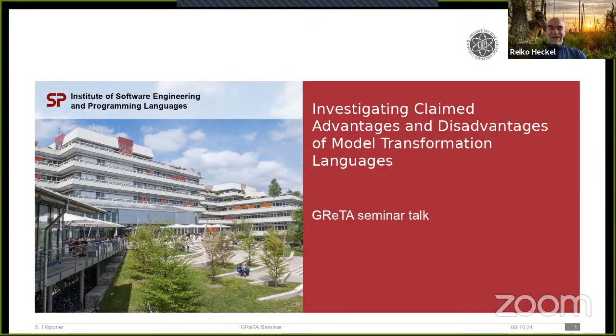Stefan and Raffaela, both from Ulm and both working on model transformations, essentially illuminating 2 different aspects here, one more on the sort of general evaluation of model transformations and their advantages and disadvantages, and the other one specifically on performance. So I'm looking forward to hearing lots of new ideas and possibly challenges that we can all address later. So please, Stefan, do you want to start?